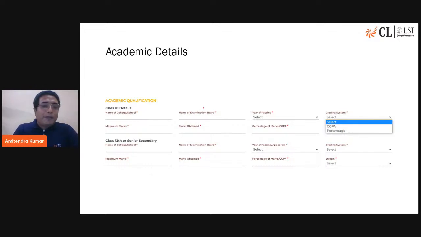Now, when it comes to academic details, you type the name of your school over here, you type the name of the board, obviously CBSE, ICSE, or the name of your state board, and from the drop down you select the year of passing. Till 2021 the years will be there, and for 2022 instead of the year you will have to select appearing, which means unless you are a retaker, unless you have dropped to appear for the exam once again, or maybe you didn't give it last year, but you completed your class 12th in 2021, but now you are appearing for the examination.